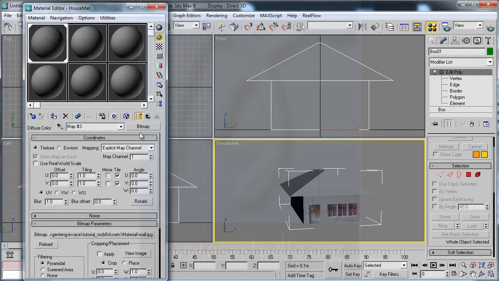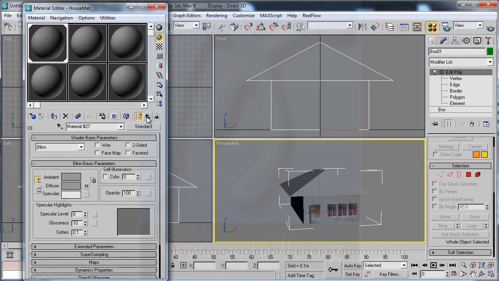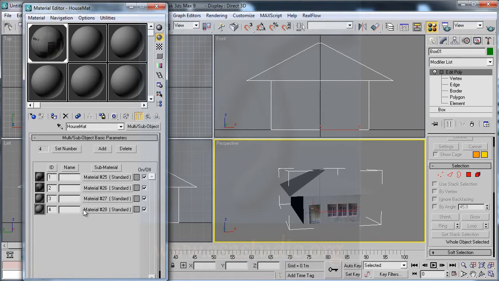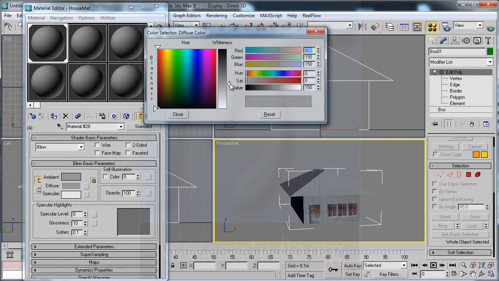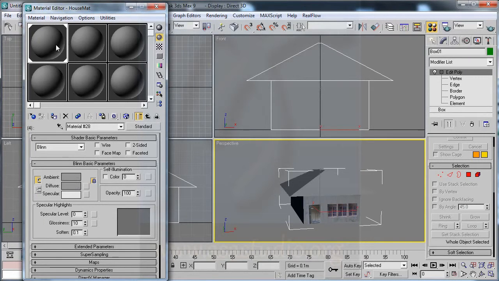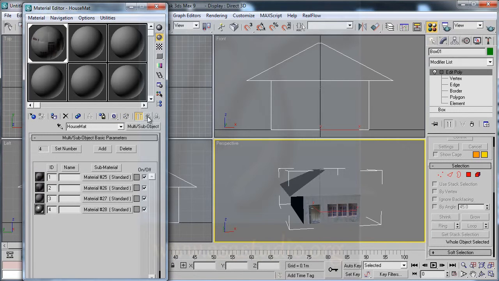Press open and go to parent, and here maybe I add a color. Okay, maybe like this, and okay, maybe like this, and go to parent, and now I have